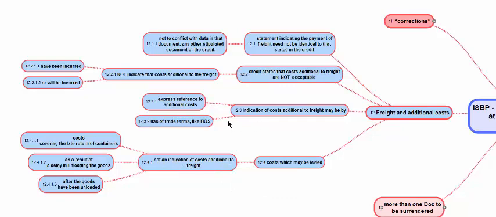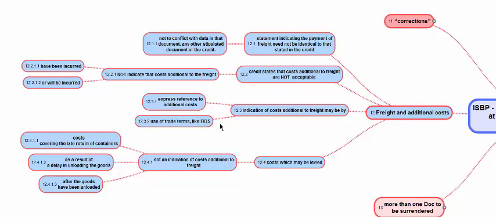Then what are the costs additional to freight? It could be mentioned by using an Incoterm. Instead of CFR, if you have CIF, then there is an insurance cost in addition to the cost of freight, which will be billed in some form somewhere. Or you could have an Incoterm used, FIOS, free in and out stowed, FIO, free in and out, FI, free in, FO, free out. These Incoterms could be used along with the already agreed Incoterm, CFR, FOB, whatever. Along with FOB or CFR, you can use this FI or FO or FIO or FIOS